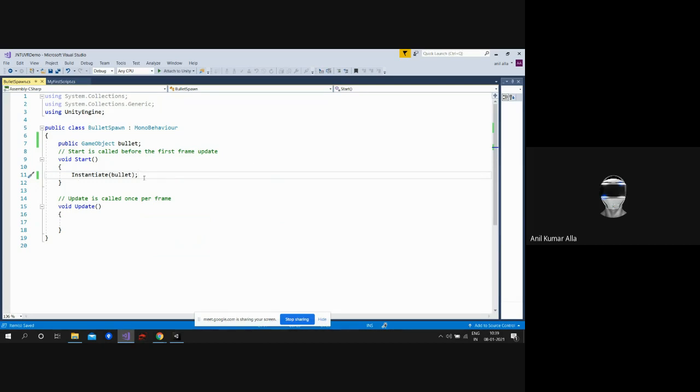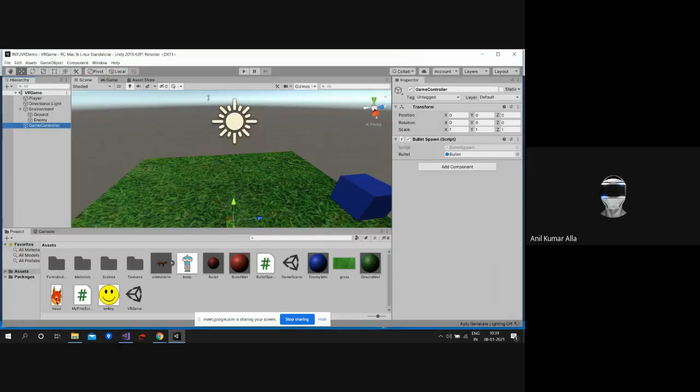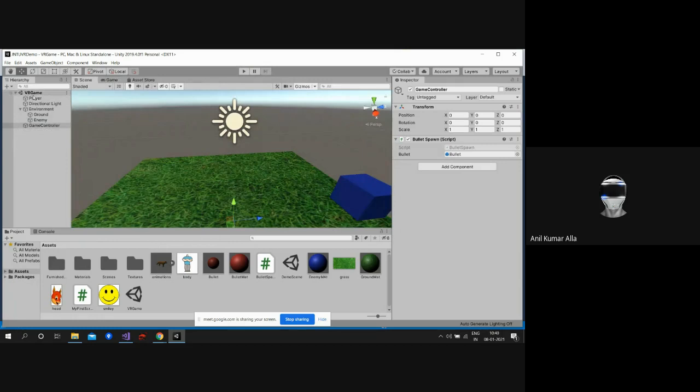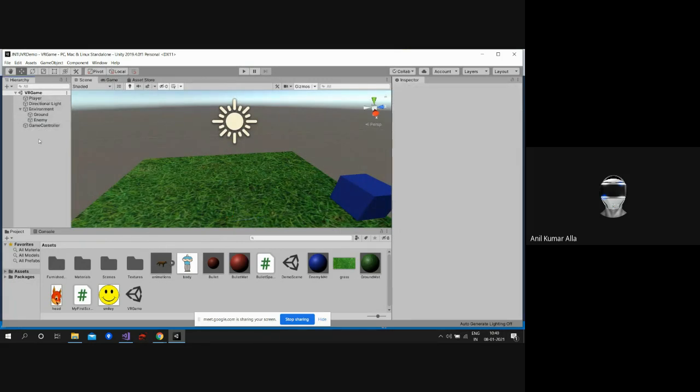Okay. So instantiate bullet. Now what it will do is instantiate the bullet whenever the code runs. Now click on play. Now the bullet is generated. See this, the bullet has generated. I didn't add anything. See this bullet clone. Bullet clone means it's from the script only. It added. Earlier there is no bullet. Can you see any object named bullet here? Nothing. But whenever you pressed,